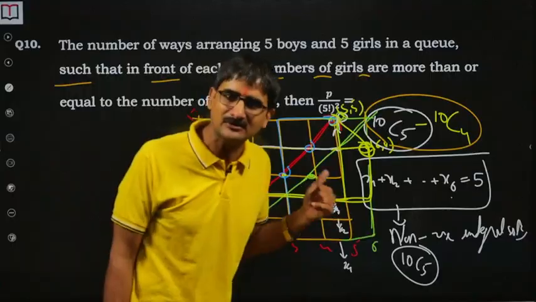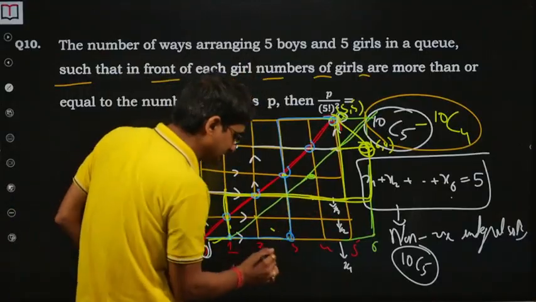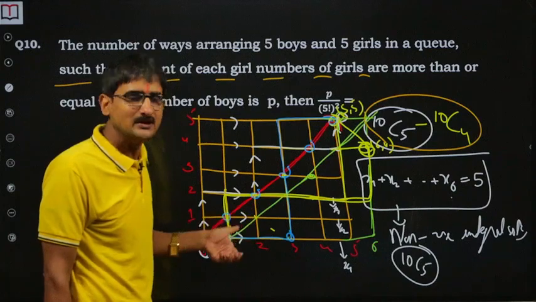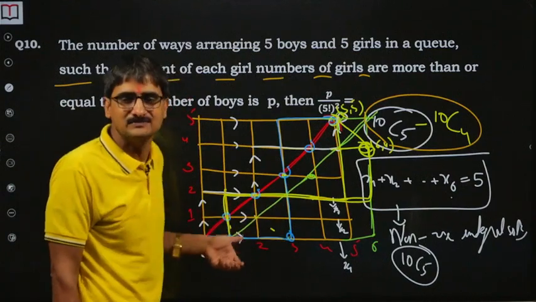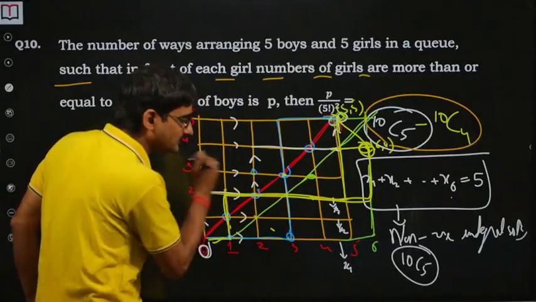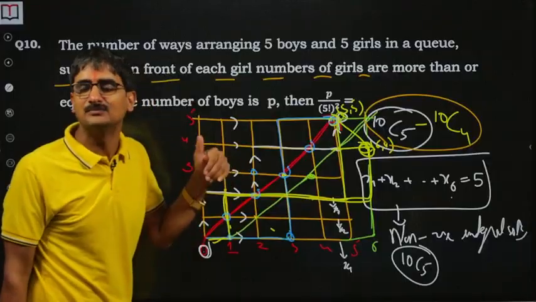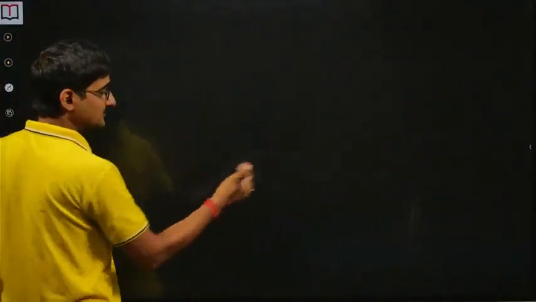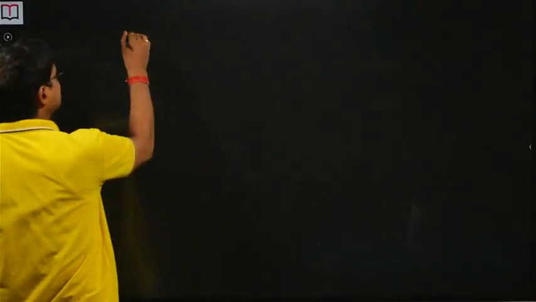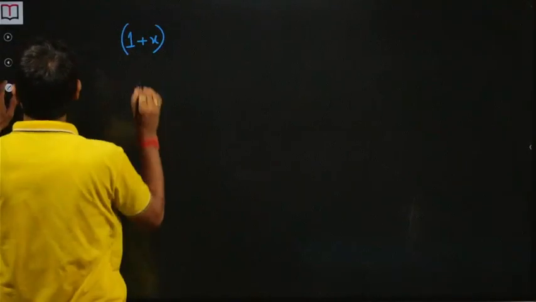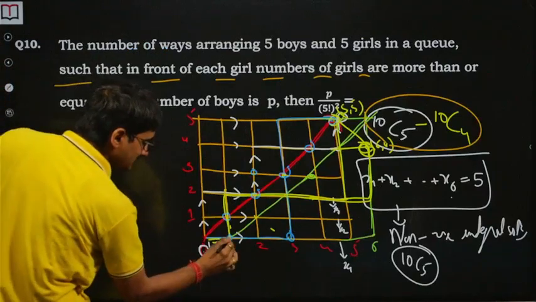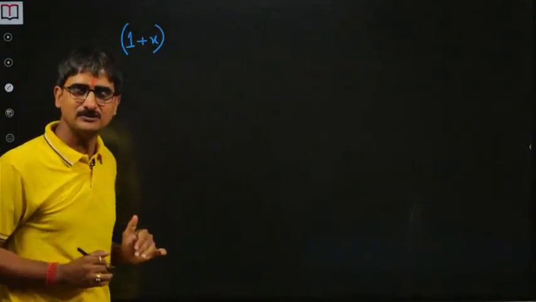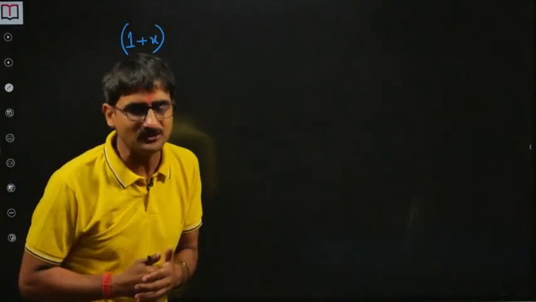That's also the case, because before reaching here, if you say, okay, till here I can't take more than 3 steps, so I take 1 here and 2 here, then you cross it. So till 3 you can't take more than 3 steps, and on 3 also you can't take more than 3 steps. So what I said, instead of using x1 plus x2 plus x3, I started from the basic on the first one. For me, this is the first one, this is second, this is third, this is fourth, this is fifth. So on the first one, I have only 2 choices: either you don't move up or you take only 1 step.